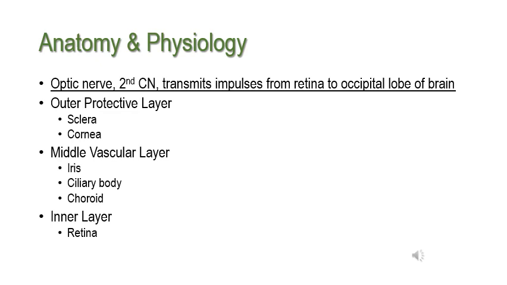The middle vascular layer then is the iris. The iris is the pigmented area responsible for constriction and dilation to regulate the amount of light entering our eye. So when we do neural checks, we're checking that. The ciliary body is that whole anterior chamber, that middle section that maintains the intraocular pressure by producing the aqueous